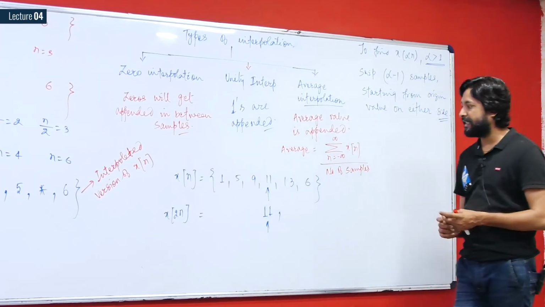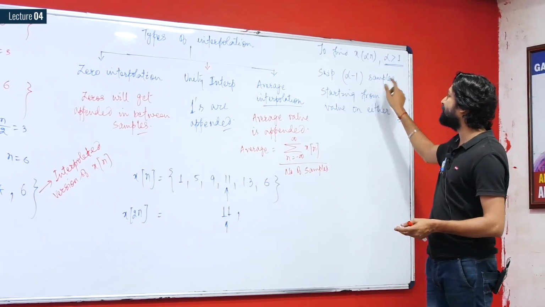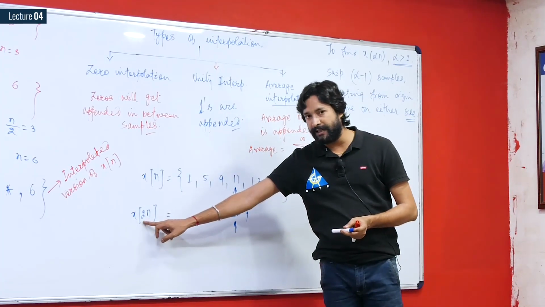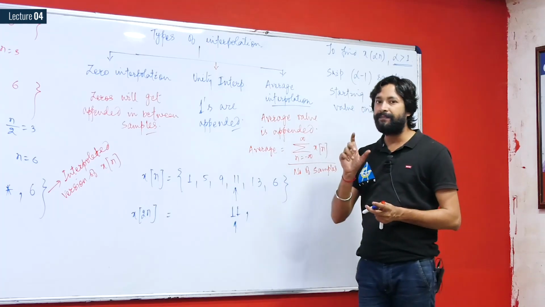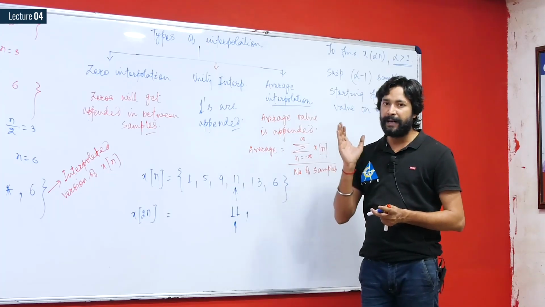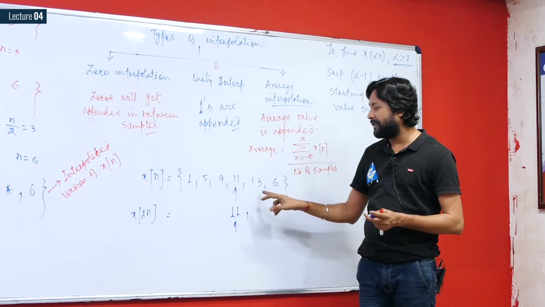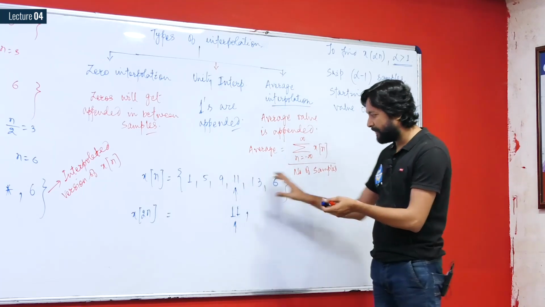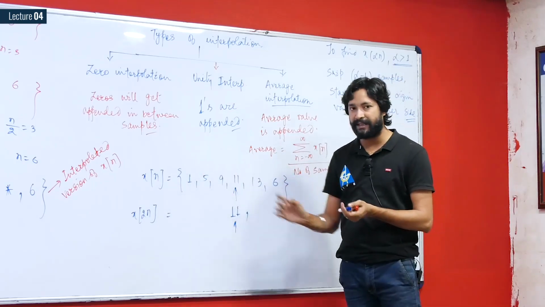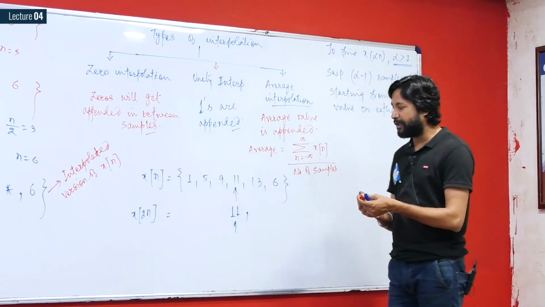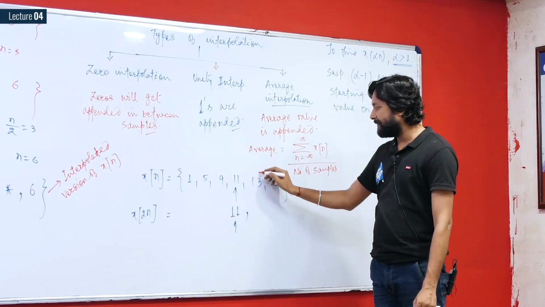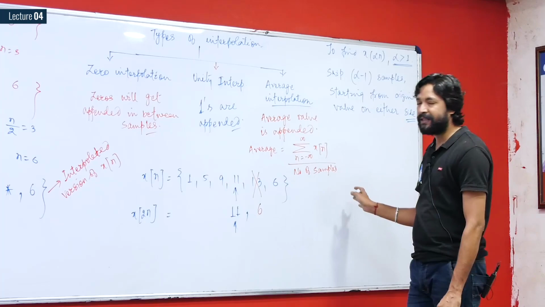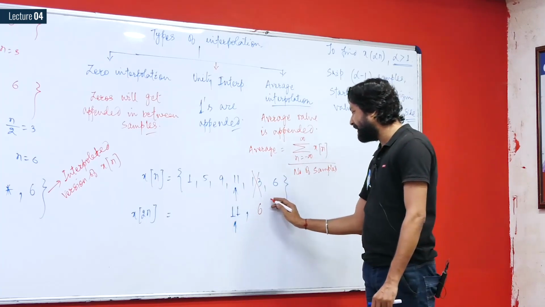Now we have to skip alpha minus 1 samples. What is alpha? Scaling factor. In this case, alpha is 2. So we have to skip alpha minus 1, that is 2 minus 1. We have to skip one sample in between all two samples. So if we take 11, then we move towards the right-hand side, skipping samples. You will skip this one sample, it will not come, then the next sample value will be 6. As there are no more samples on the right-hand side, your signal will terminate at this point only.